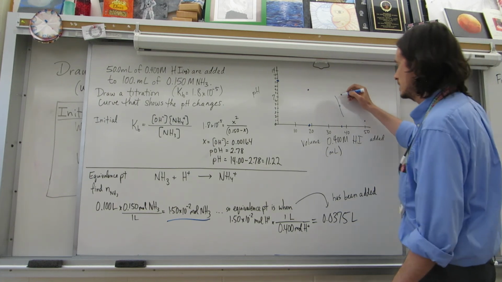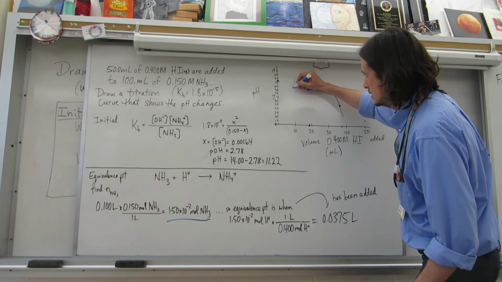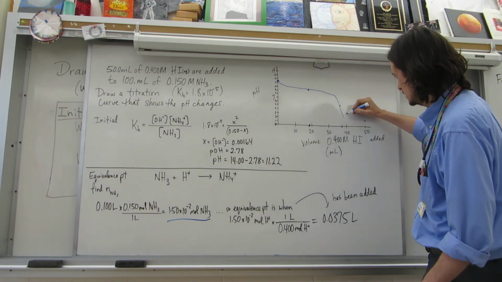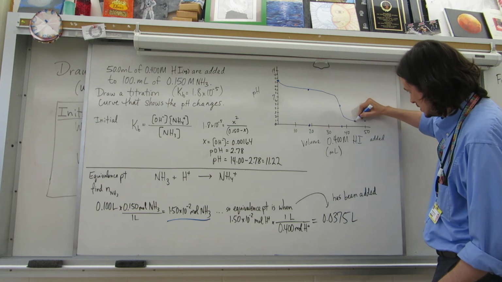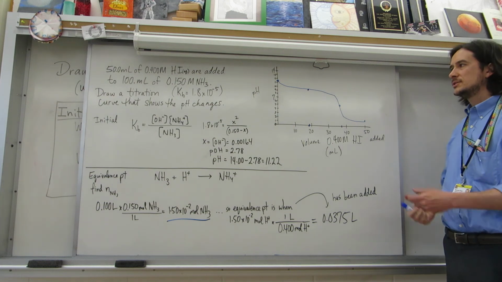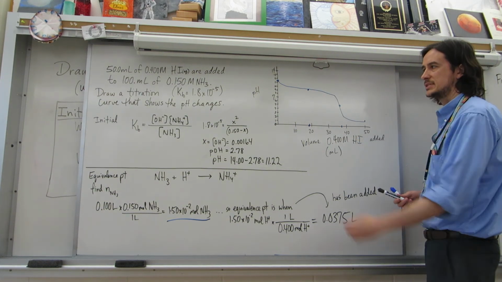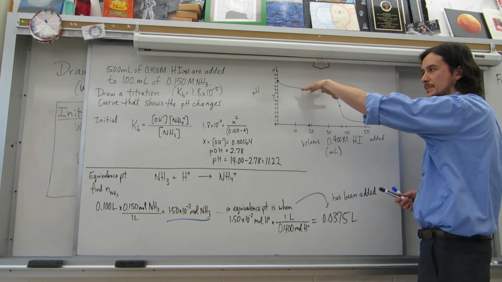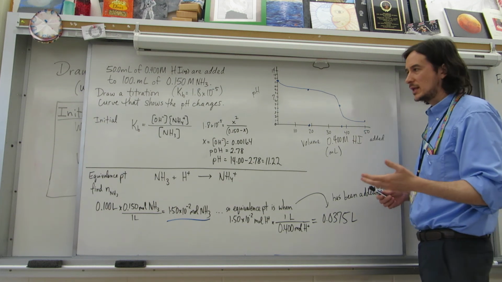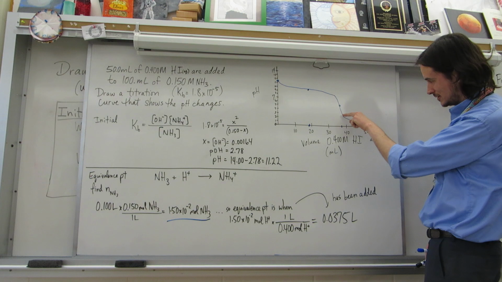Kind of make it like that, and then I kind of missed, but that's okay. Missed that one too, but this is pretty close. So you get the idea. You should have this. It should be sloping downward, obviously, but it should be very, very slight in that region. I might have made it a bit too flat, but that's pretty reasonable. And I kind of missed here. I should have